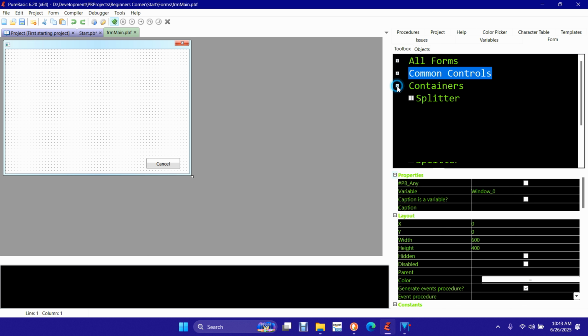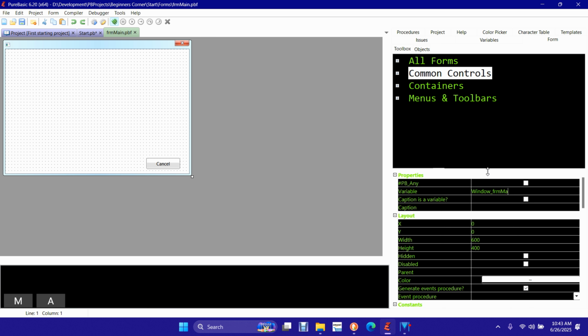Let's select our form. Here we go. Our form window needs a variable. He should be an FRM main. And you may think that that's kind of silly. We know it's a window, but